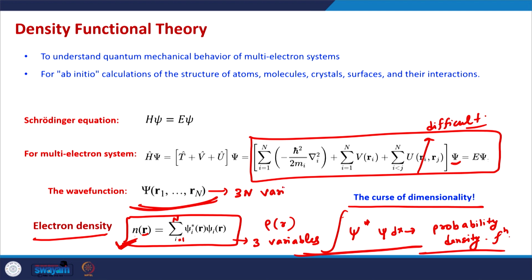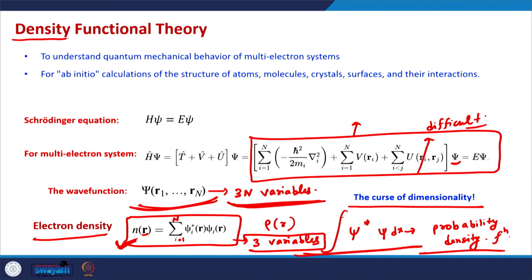Just to quickly remind, the wave function is a function of 3n variables, but the electron density is a function of just 3 space variables, if we are just considering the time independent part. If we can somehow reformulate this Schrodinger equation in terms of this electron density function, then we would not need to deal with 3n variables in the wave function and large matrices, and in that way we can somehow manage this calculation. And that essentially lies at the heart of the density functional theory.